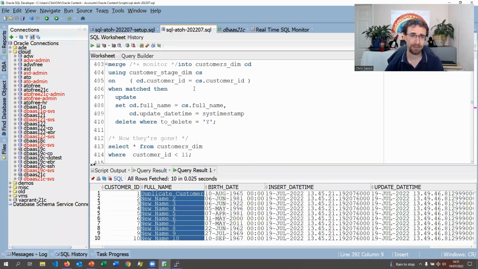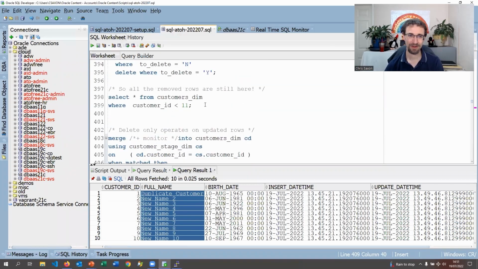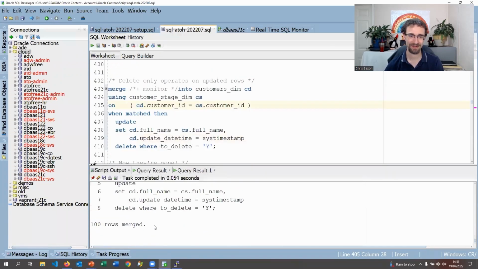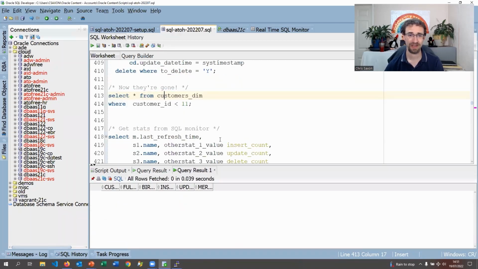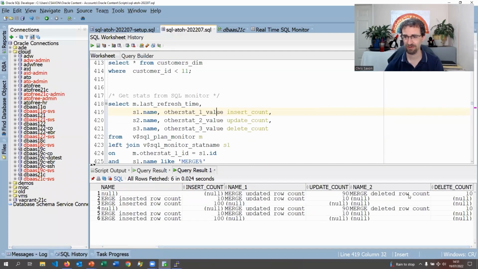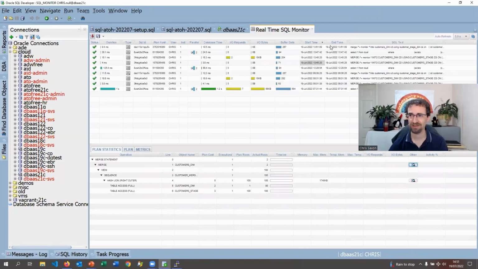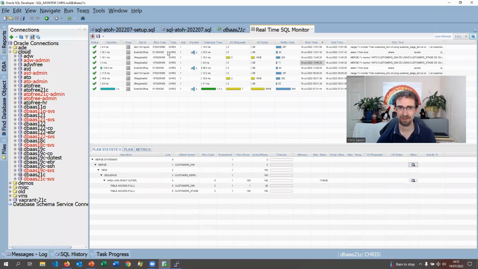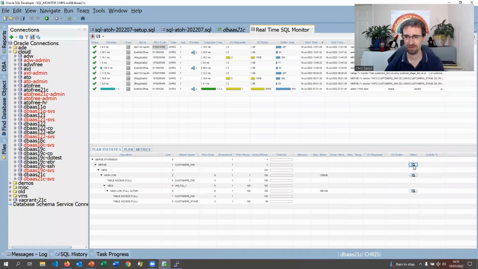Okay. So this time, if I remove the where clause from the update, we merged all 100 rows, and we can see those rows are gone from the target table now. And if we look at the SQL monitor, we will see we've got our 10 deleted rows, deleted row count 10. There we go. And if we refresh this, we should see it here as well. Hopefully it should appear. Come on, has it turned up? Yeah, oh, that's the one there, isn't it? There we go, and hopefully this will tell us updated and deleted, yeah, because I didn't do an insert in that one. Okay,